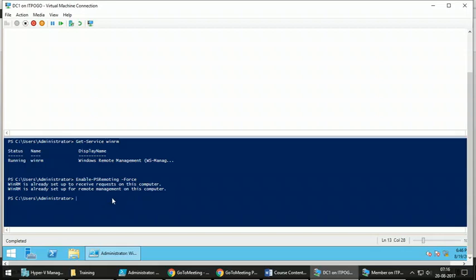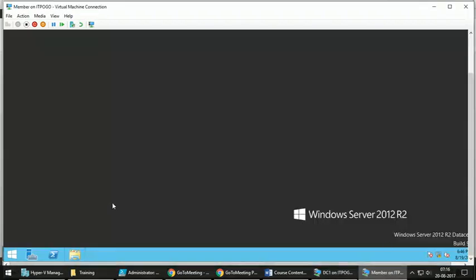But in any organization, if you request the Active Directory team to enable this service and make it running on all the servers, they will be able to do that for you using group policy. After enabling remoting on the target machines, the next step is to check the connection from the client machine.